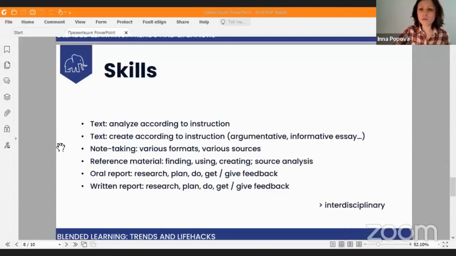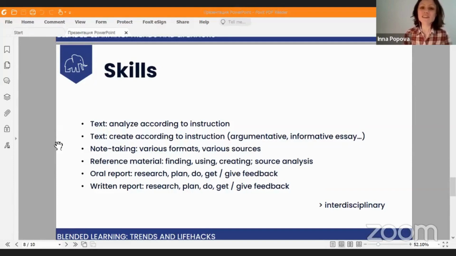The skills that we teach, we try to work as hard as possible teaching these skills and developing these skills in middle school students of every year, first, second, and third year. The main skills that we teach